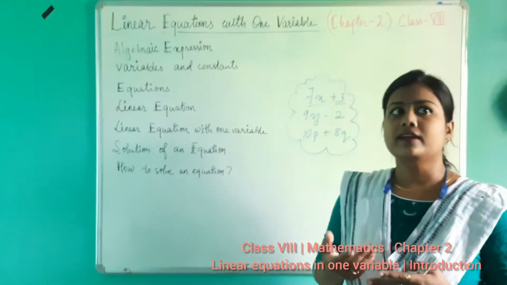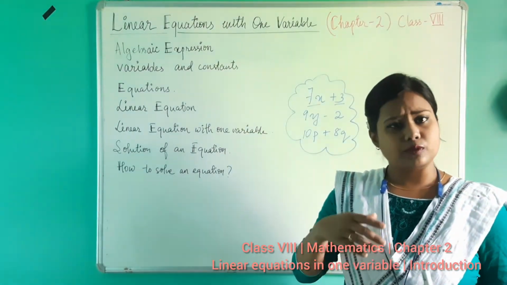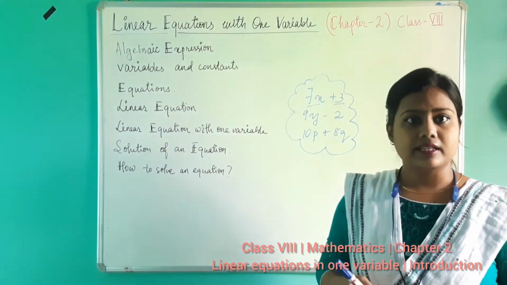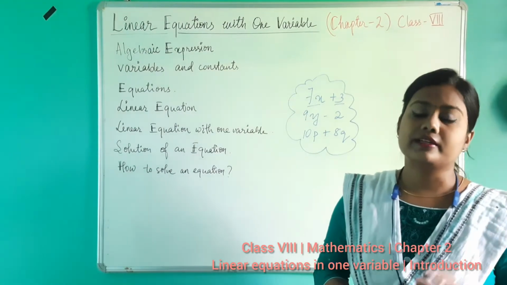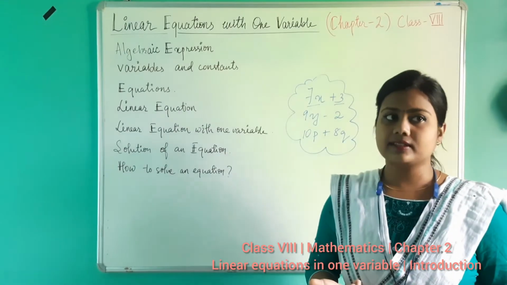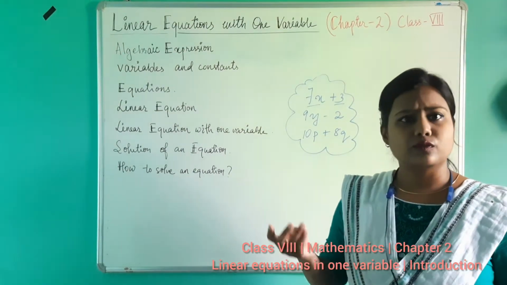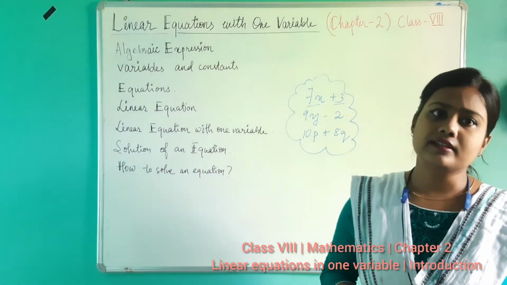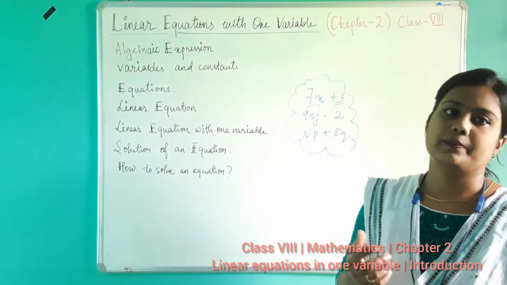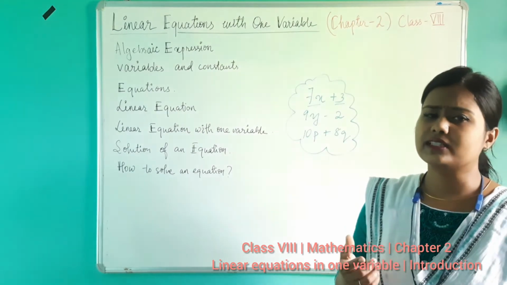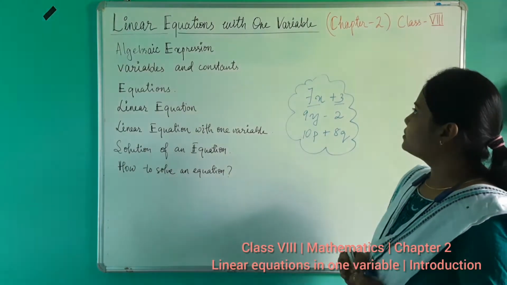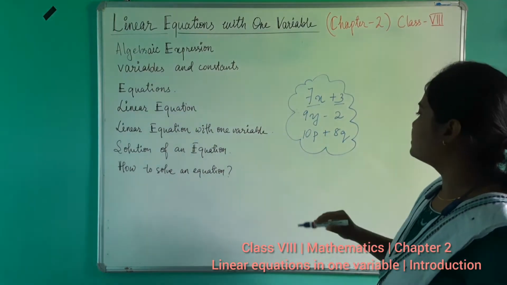Suppose if we say 2 mangoes, then we mean 2 mangoes. If I say 2 pens, then I will mean 2 pens only. But if I say x number of pens, then x means anything. I can consider anything: 2, 3, 4, 5, 6 or 10 or 100. Variable is flexible, but constant is strictly the same as that value. So all these are about variables and constants.